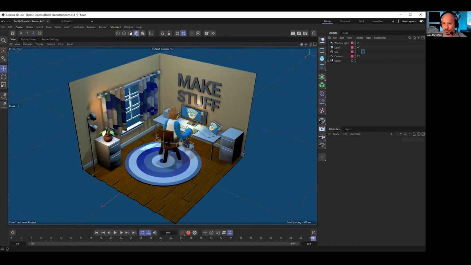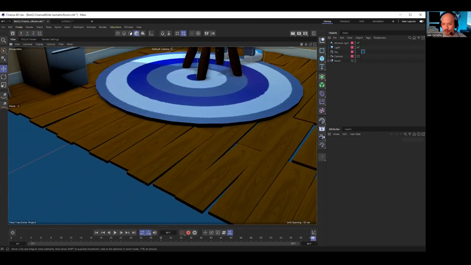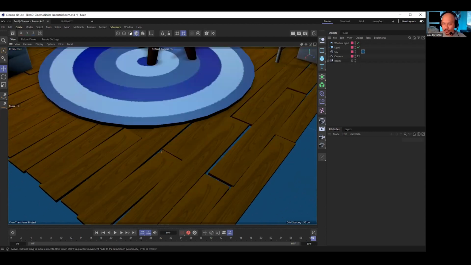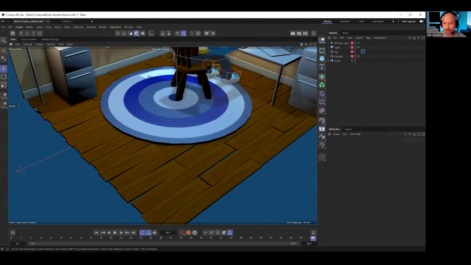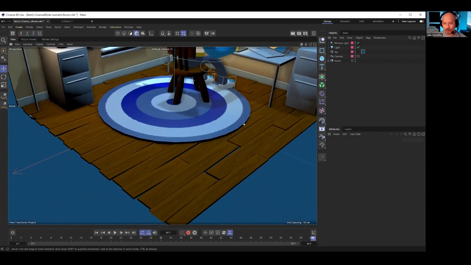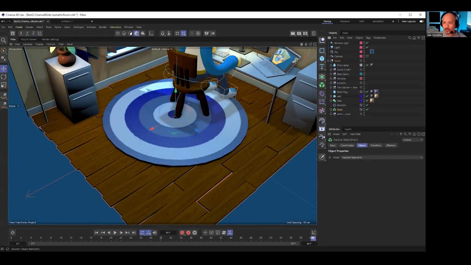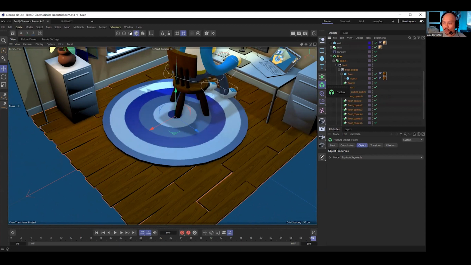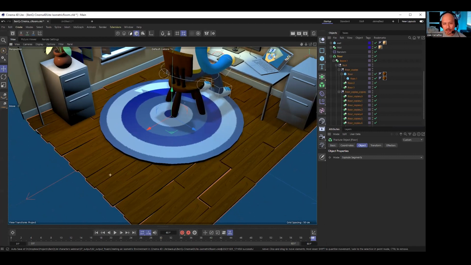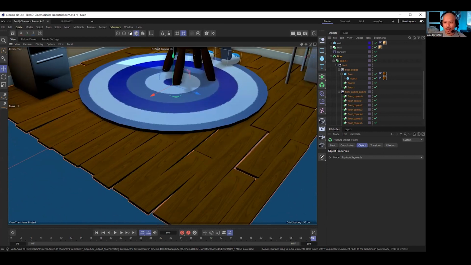Let's get into some more exciting stuff, like modeling this floor, for instance. This floor might be a little bit overkill here, but I'm just going to breeze through and give you a high level quick tour of what this thing can do and how it's made. Essentially, this is using something called a fracture object inside of Cinema 4D. You have this fracture object right here. And Cinema 4D has a great MoGraph system, motion graphic system, that allows you to manipulate multiple copies of objects in procedural ways. So instead of having to place these floor tiles one by one, I'm actually able to